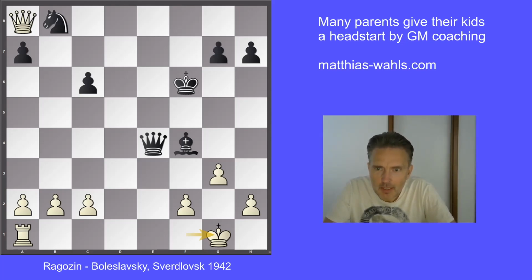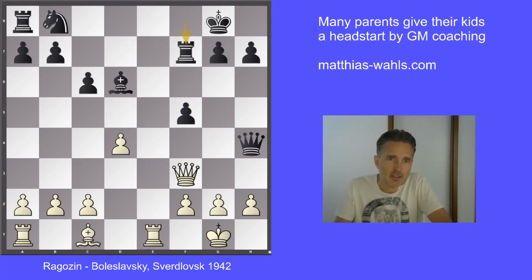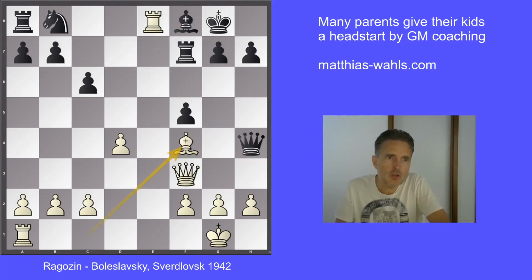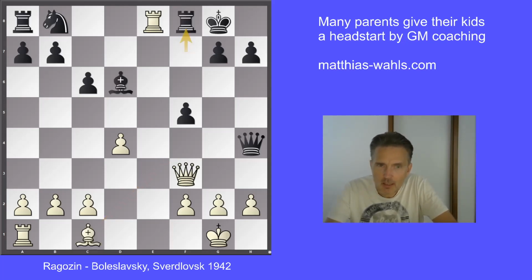That leaves black after bishop takes f7 with rook takes f7, so the king doesn't have to wander around. But after rook e8, now if bishop f8, bishop f4, white is winning because the b8 knight is pinned and will fall. So let's say rook f8 instead. Check,